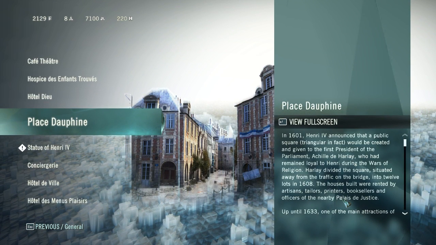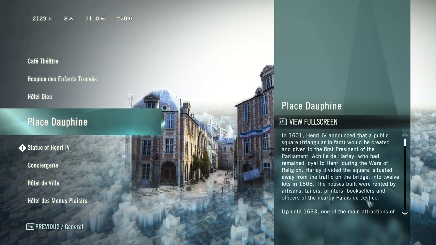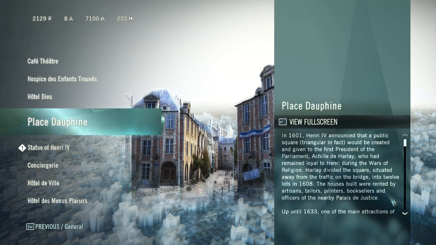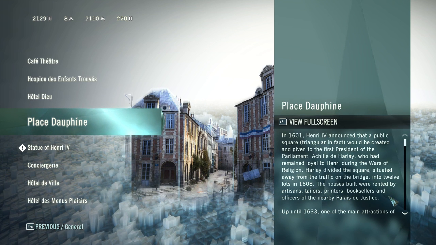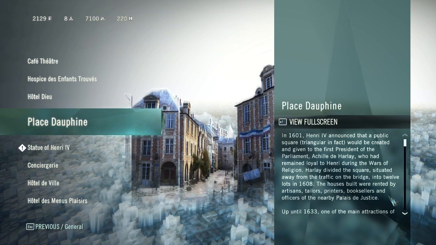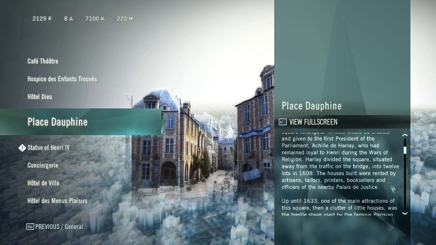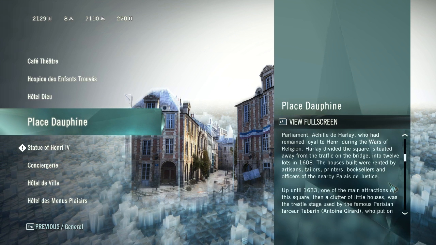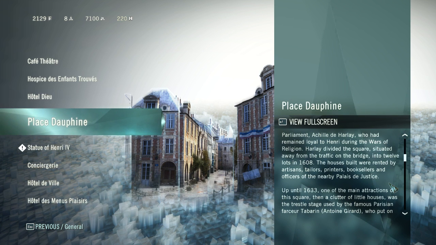Anyways. Place Dauphine. In 1601, Henri IV announced that a public square, triangular in fact, would be created and given to the first president of the parliament, Achille de Harlay, who remained loyal to Henri during the Wars of Religion. Harlay divided the square, situated away from the traffic on the bridge, into 12